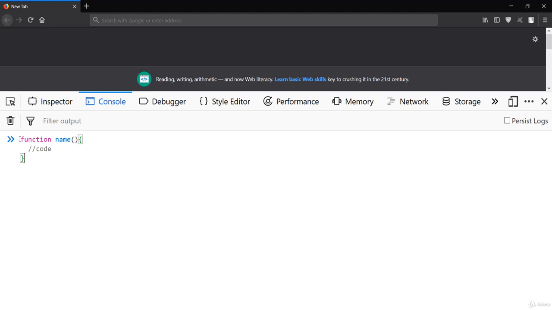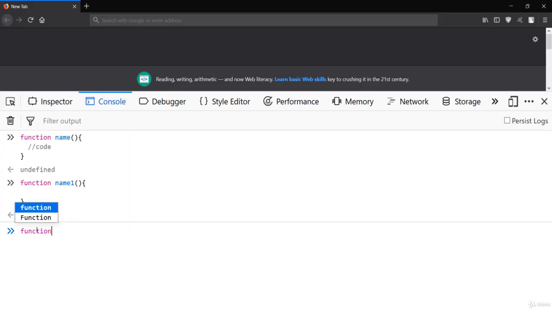So the first one is your declaration of the function, which we just did here, using the function keyword and giving the name, which should be unique. If we create another function, and the name is already created, the next function should be something like name1, which should be distinct or unique from the other, and this is your name1 function.